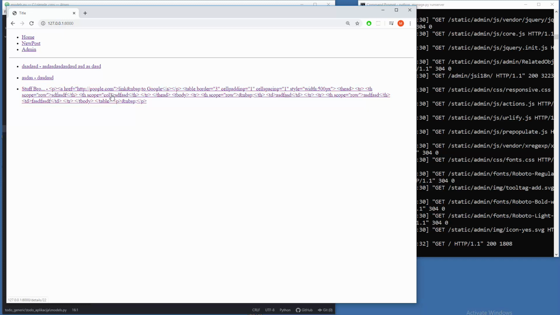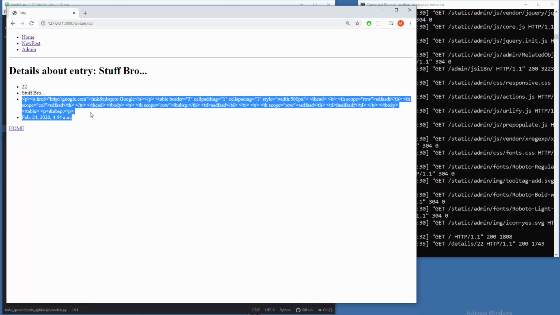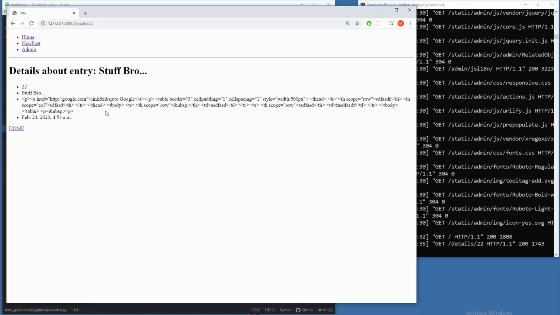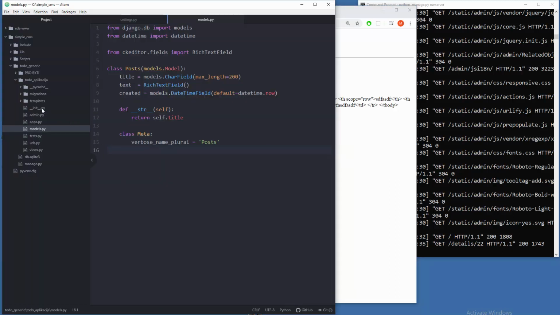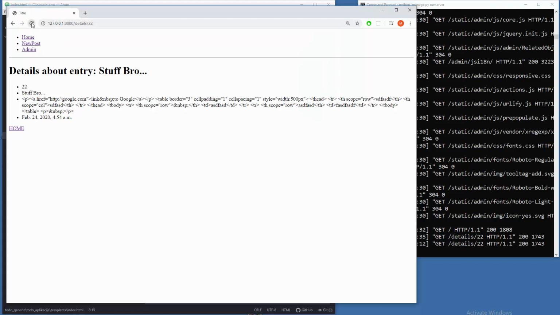So there you go, everything works in the backend, but in the front end we need to change the actual templates to remove this raw HTML mess. So that means we need to go to the template and activate these options. Where is that thing? We are on the index page, so index.html. And here, where you see post text, add this filter here, and then a space, and then save. Okay, this is Django stuff. This is from the documentation. But when you do that on the home page,